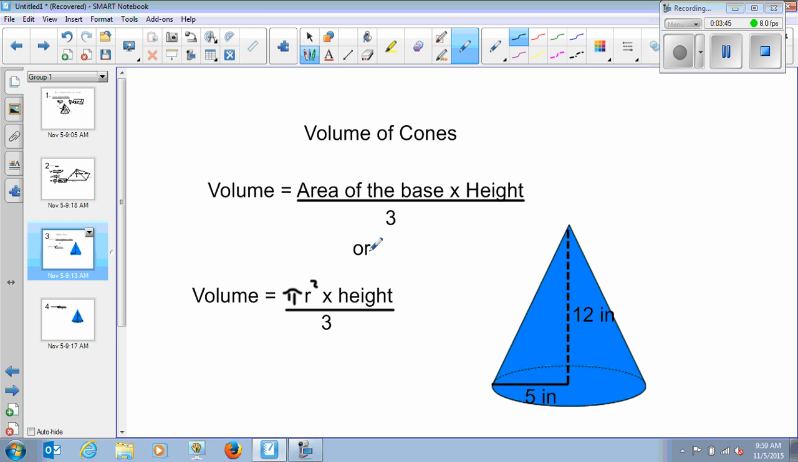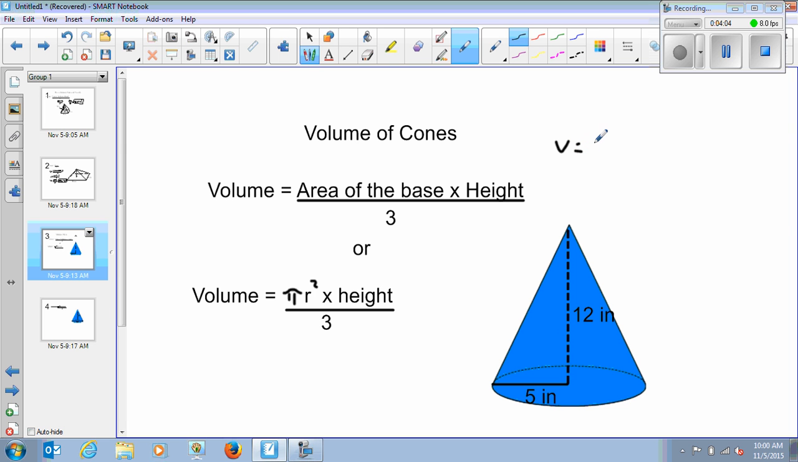Or we can think about it, because a cone always has a circle for the base, we can think about it as the area for a circle, which is pi r squared. That's going to give us the area of the base, times the height divided by 3. So for this formula, we're going to have volume will equal